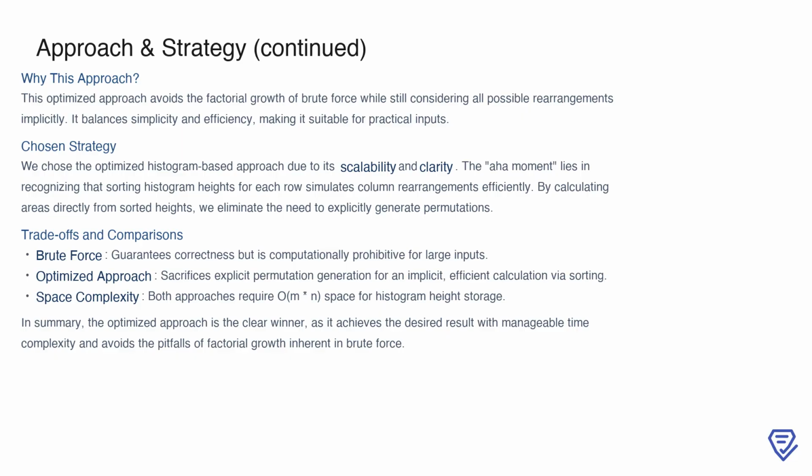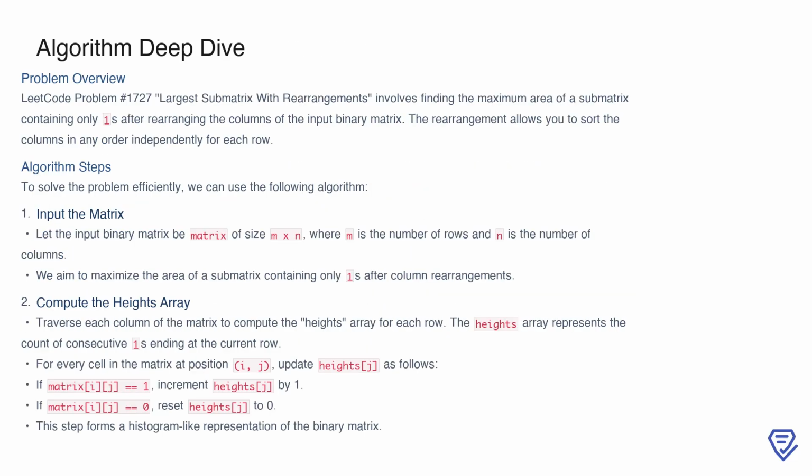This problem challenges us to find the largest possible area of a submatrix containing only ones, but with an interesting twist: we are allowed to rearrange the columns of the binary matrix independently for each row. To tackle this, we start by understanding the structure of the input matrix, which is m x n in size, with m rows and n columns. Our ultimate goal is to maximize the area of a submatrix of ones after potentially rearranging